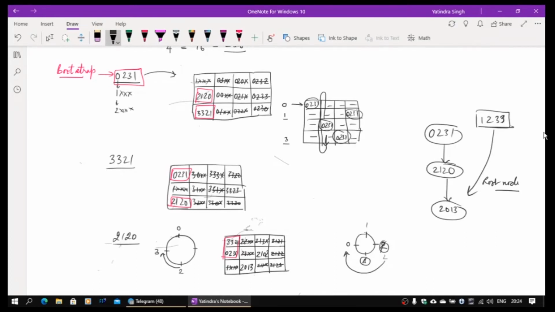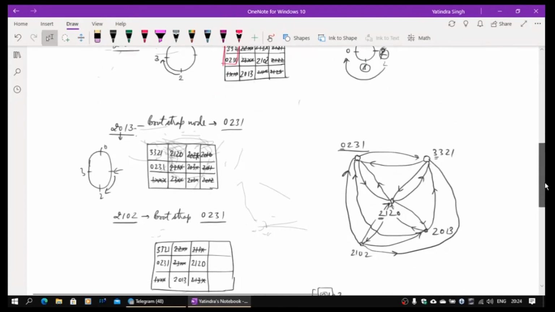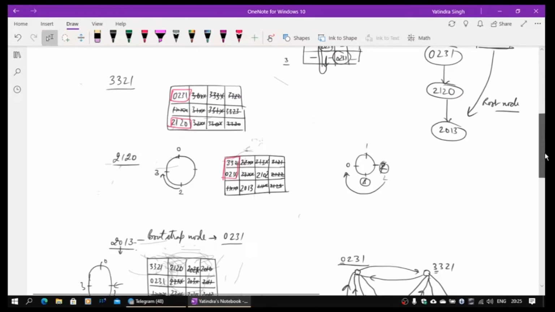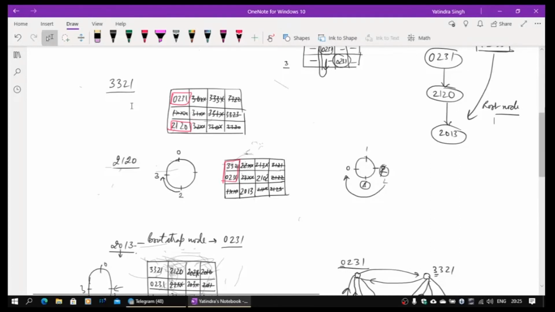So you can try for some other node and see what happens. Let's see. So if you are actually searching for 1233, say starting from 3321, what is going to happen? So 3321, if you come, it will search for 1. So it has 0, 2 and 3321. So 1 lies between 0 and 2. So it will be handed over to 2120. It comes to 2120. Okay. So once it searches, it is stuck at the first column. So it goes to the second one, handed over to 2013, and it will come from there. So if you actually start with 3321, then also you will end up in the same place.